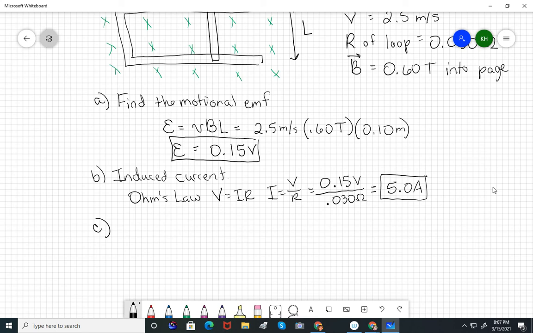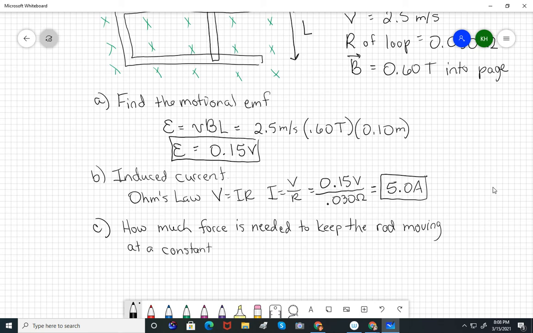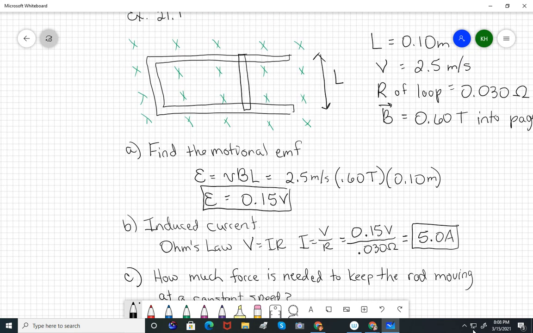The third question wants to know how much force is needed to keep the rod moving at a constant speed. Well, let's think about the force on the rod. We know